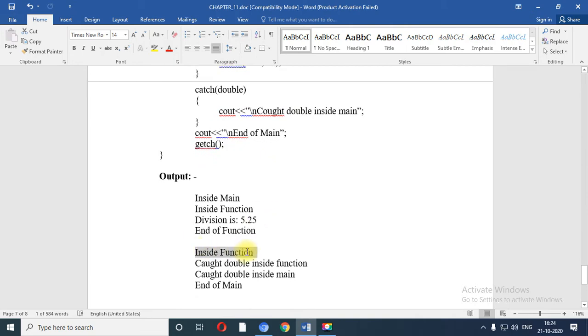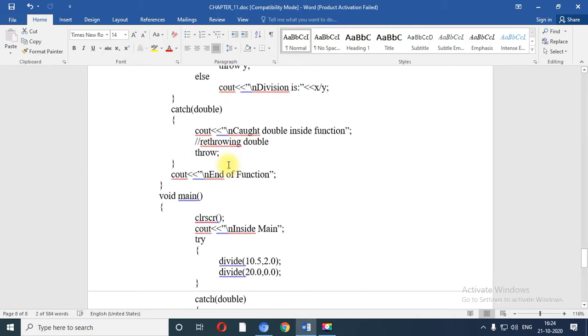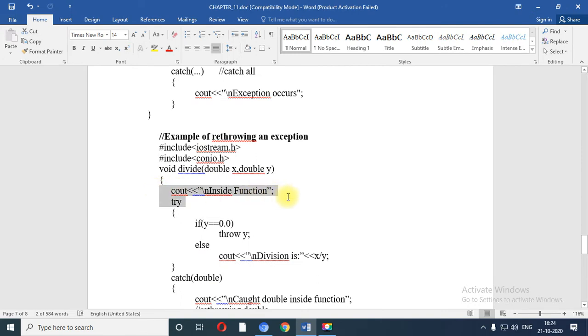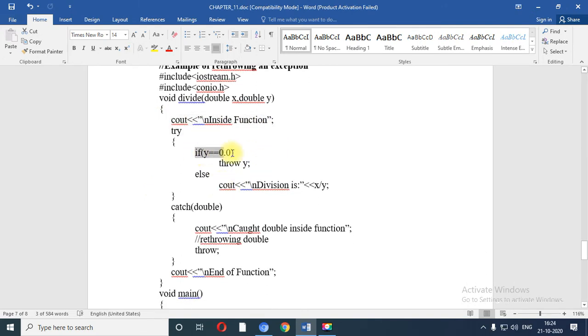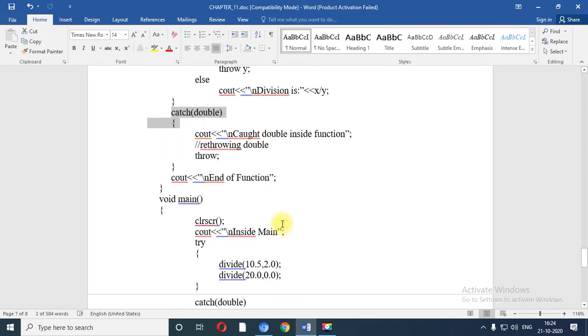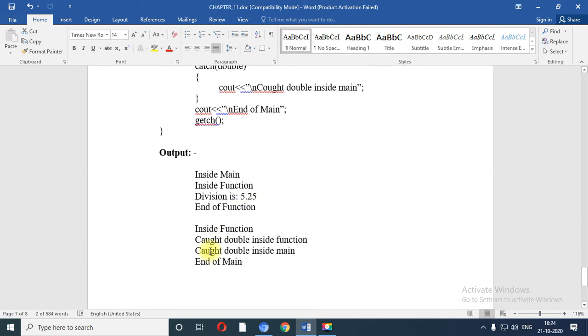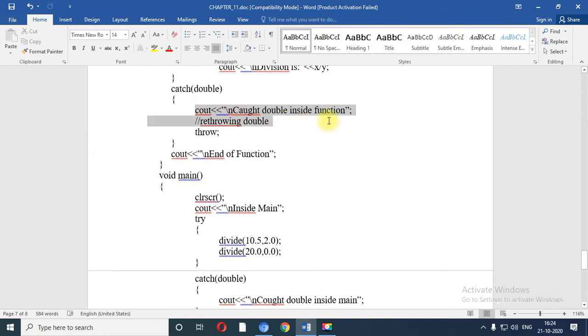It will print inside function because it will go inside the function. Now it will check if the value of y double equals 0. The condition is true, so it will throw the value of y. Y would be 0. So over here it will catch the value and it will print quote double inside function. So this line is printed.